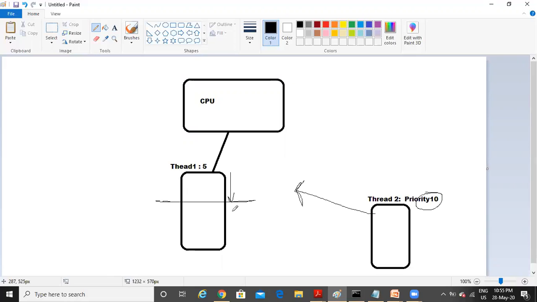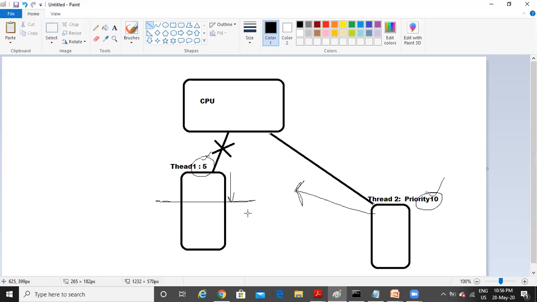The priority is 10. And what is the currently executing thread's priority? It is 5. Obviously 10 is higher than 5. So now what does the CPU have to do? The CPU has to give preference to the thread having the highest priority. So it will stop executing this one, switch to thread 2, and start executing thread 2.